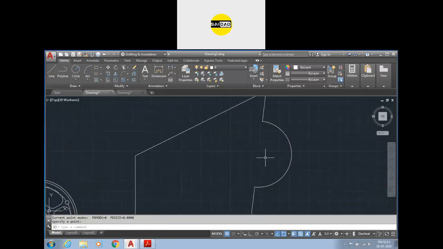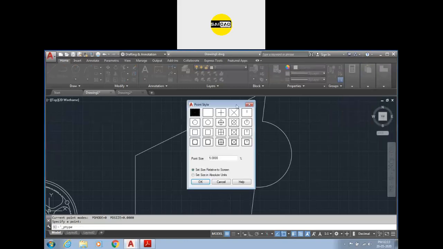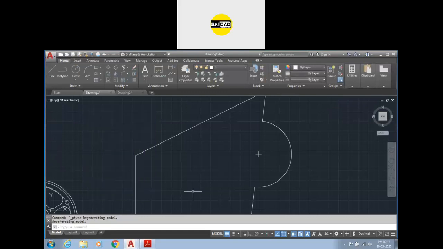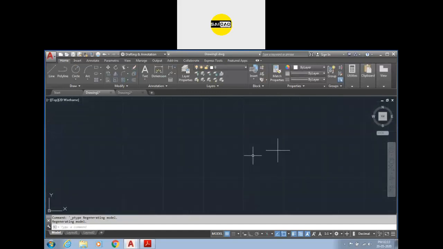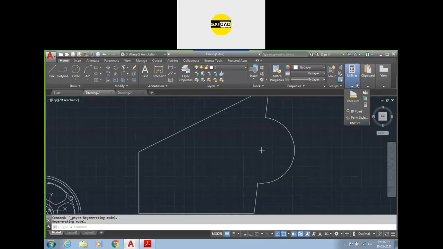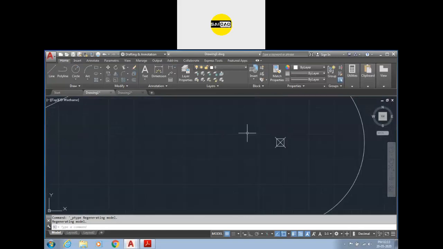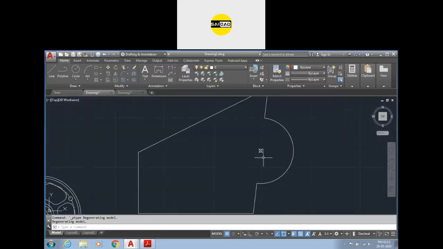Now sometimes you need to specify the shape of the point to be somewhat different. So we have the point styles in the utilities, that is here, point style. So you can just specify any point. Suppose I want this plus symbol, press OK. Now you will see I have applied a point here, and that will be shown like that. If you want to change the point style, you can see there is the point style option. Okay, so point will be used for references only, and you can change their shapes from point style from here.